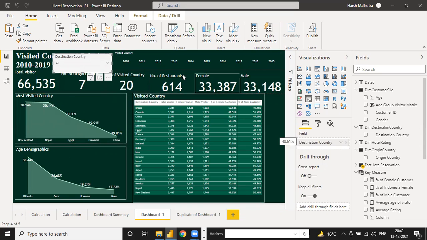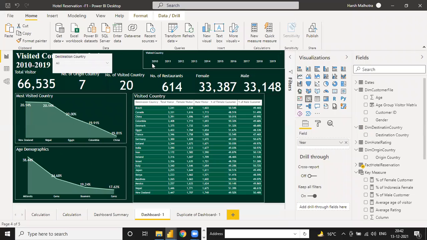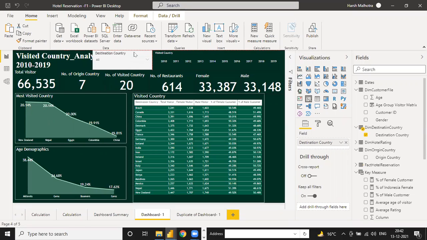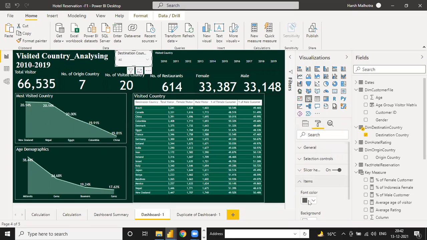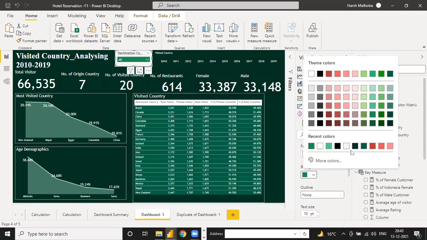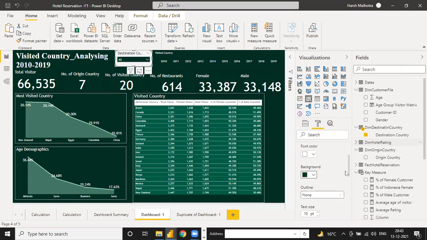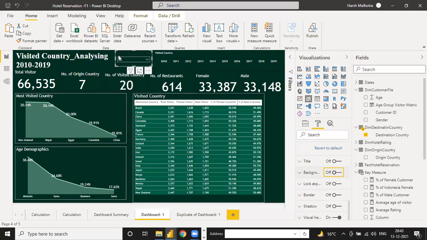Suppose if I want to fill here, make it a little small and press it here, just fix it, go to this item, change the color, remove background.